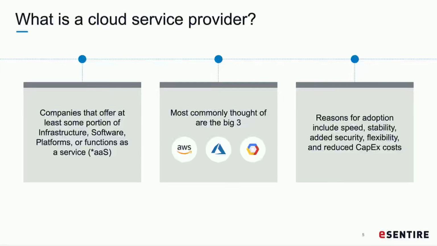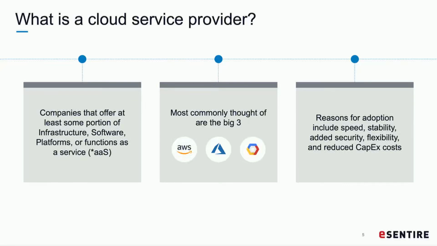All right, so starting off, we're defining cloud service provider as a company that provides something as a service. In the most traditional sense, it's always been infrastructure as a service. You think of a cloud provider, you think of VMs hosted on someone else's hardware. But that's becoming more advanced as you look at the big three, AWS, Azure, and Google Cloud, where they have software as a service, functions, and all sorts of different advanced microservices.